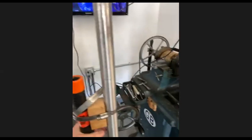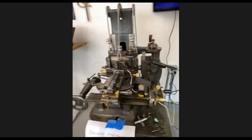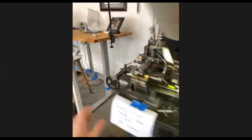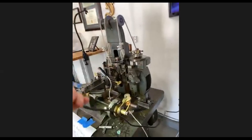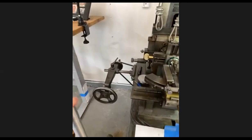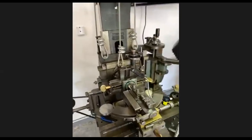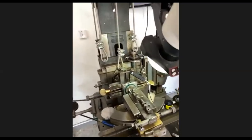A couple of other questions, but one specifically, touching back on what Adam said about doing some research into getting his own machine. Someone would like to know what the difference is between a cheap Rose engine and a much more expensive one, or a new one versus a vintage machine. You seem to have a couple of really vintage pieces in here that you're using. What considerations, if folks want to do their own, what should they be looking at? Yeah, so